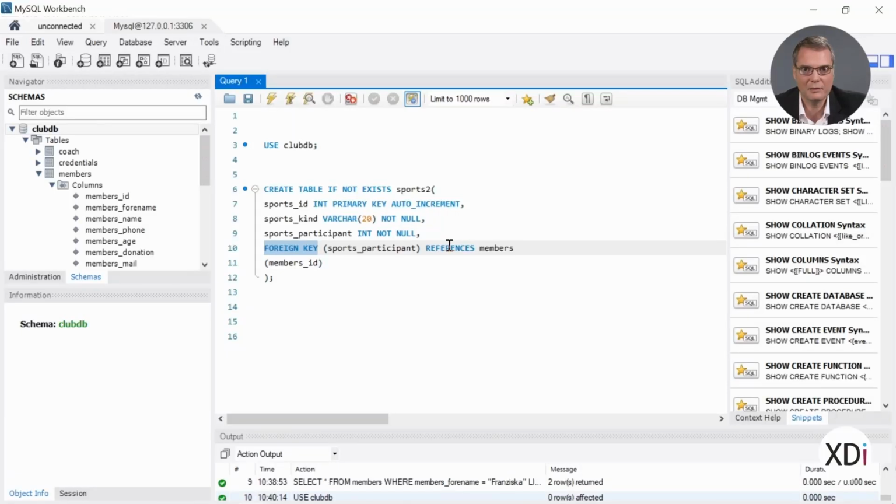Now we establish the reference to the parent table. And the parent table is, of course, the members table, because the members table contains the IDs of all the members. And the ID variable of the members table, which is the primary key of the members table, is called members ID. So after writing the name of the parent table, for which we want to establish a reference to